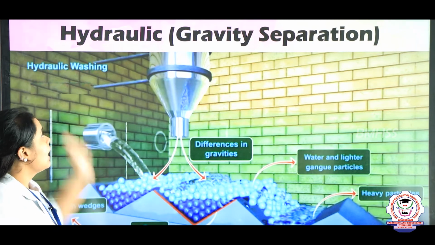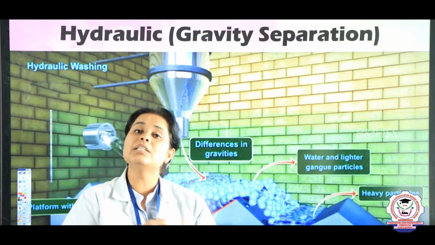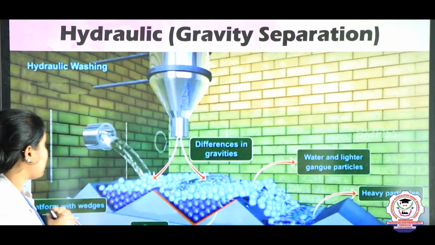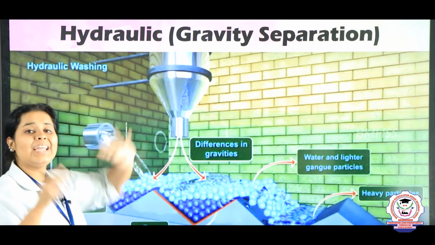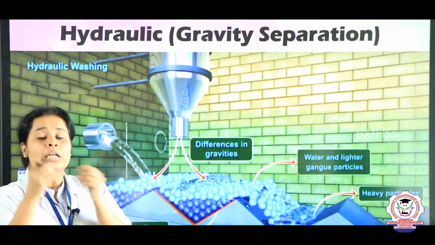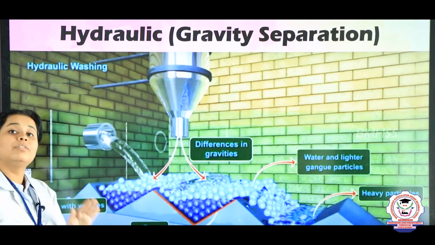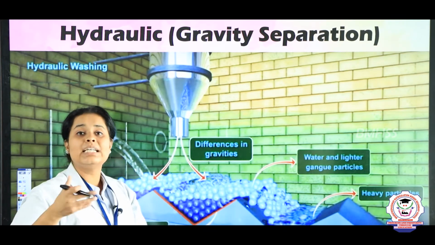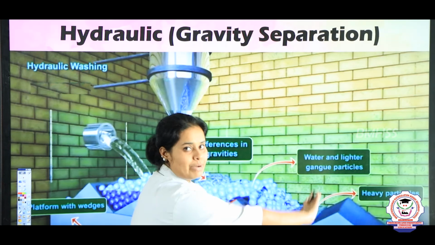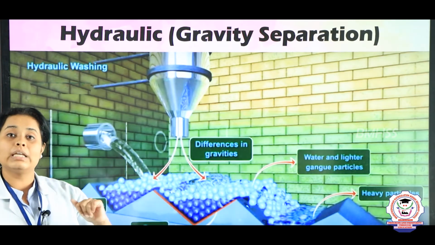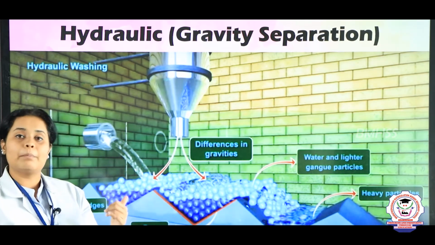So the first one is gravity separation or hydraulic separation. I told you that it depends upon the density. Here the experiment goes as follows: from the upper part, the ore is coming down, finely chopped, a very minute chopped substance, and from this side a high amount of water will be flowing. When the water flows, the lighter particles, which are the impurities, will flow with the stream of water and go towards one side. In the same way, the metal you are taking, if it has high density, will get settled down, and therefore the separation can be done.